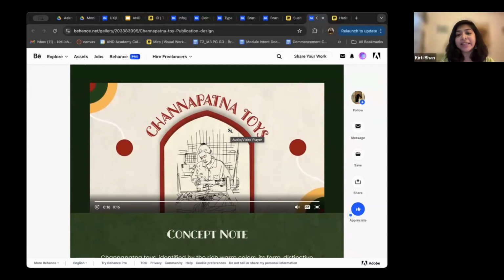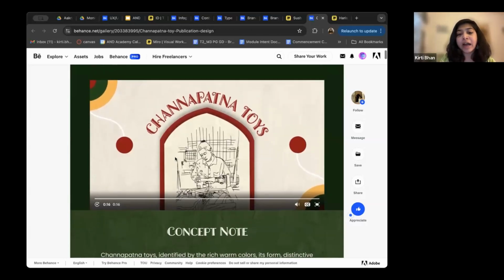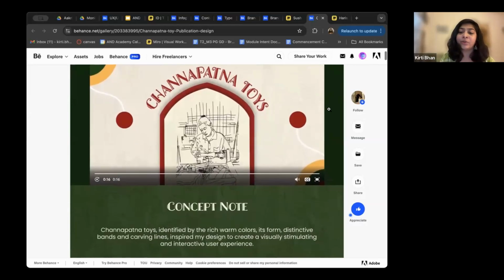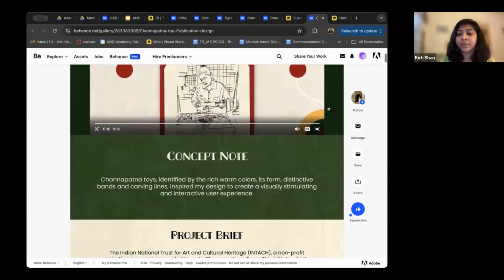All right. So I think this is a beautiful thing that this learner has added. She's added a sketch of the artisan she visited, which sometimes could be a strategy to gain trust, and also to show how thorough your research was, like the details she has drawn here, and how much detail she went into about the craft when she was researching it.